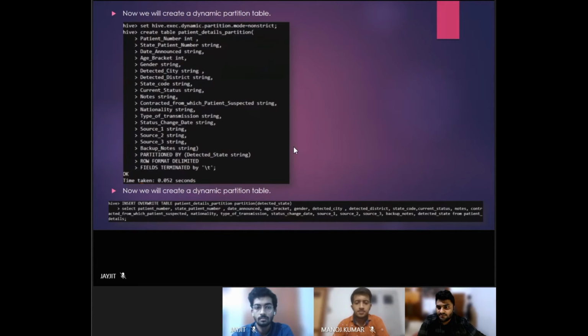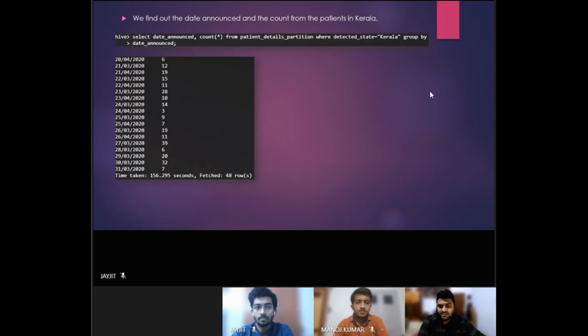Next slide please. Now, why are we creating a dynamic partition table? The dynamic partition table has the same rows as the main table, but it will take much less time than the normal table, because in this case the data is physically stored in different partitions, and each partition we can access separately, which makes it much quicker to run, because it is better manageable and maintainable, and locking on it also improves scalability and availability.